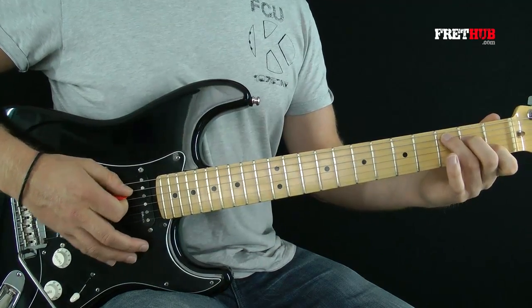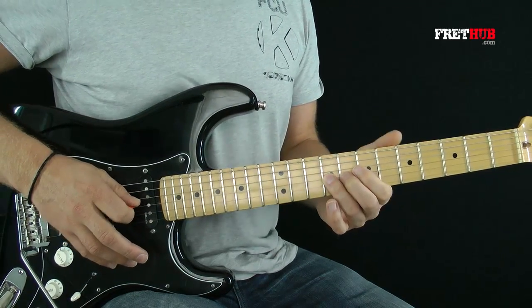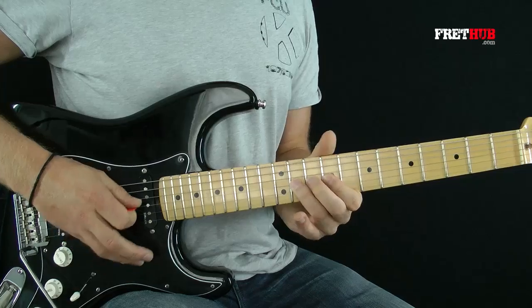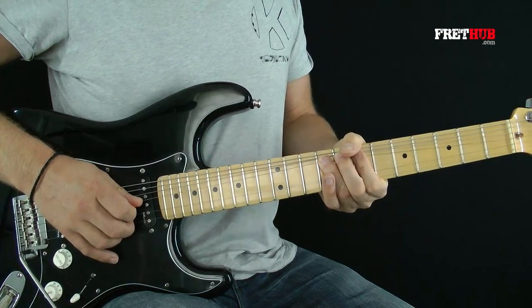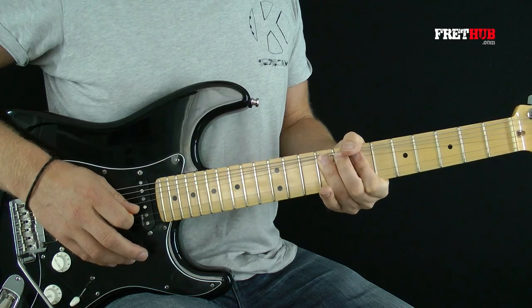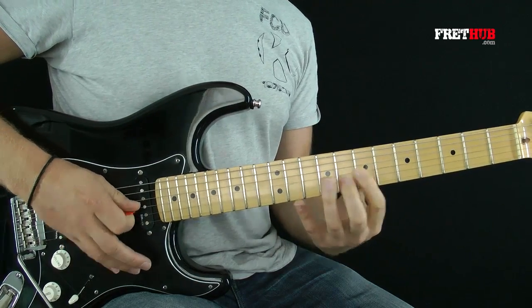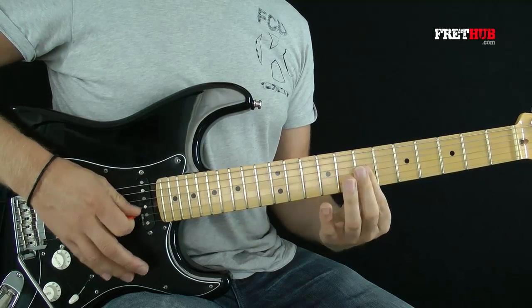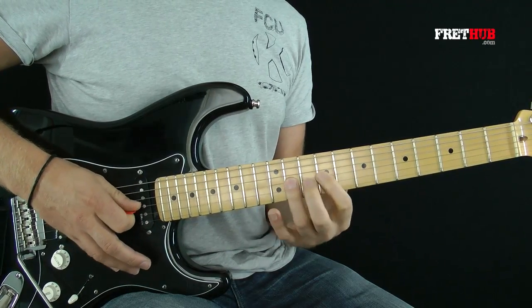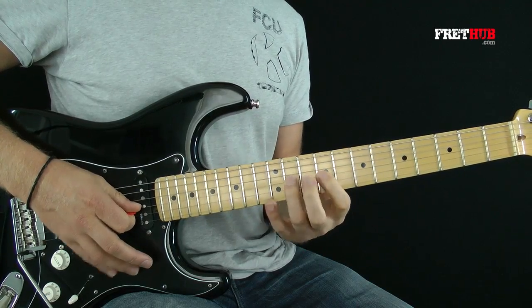The next chord in the sequence is C. We go to the 9th fret on the 3rd string. Bend it up a minor third. And then 11, 9, 7 on the 3rd string. And then again, but this time